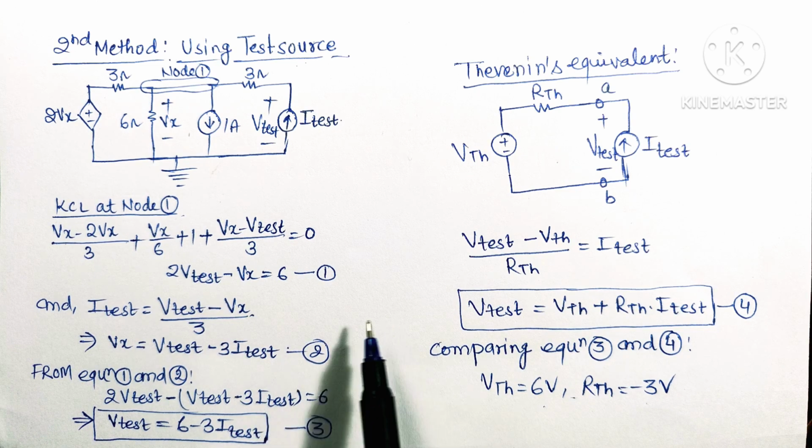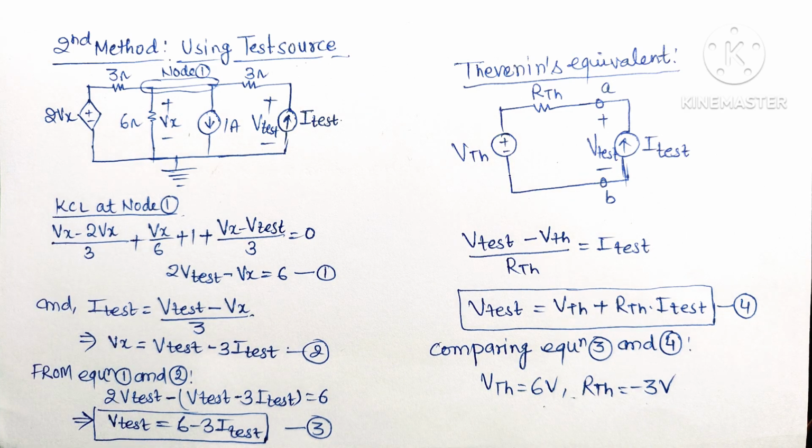So this is the second way of finding the Thevenin's voltage and Thevenin's resistance of the circuit. In this question we have seen that if there is a dependent source connected, how we can find out Thevenin's voltage and Thevenin's resistance of the circuit. If a dependent voltage source is connected, then as we have seen in Thevenin's theorem, we can apply two methods, and these two methods are explained here very well. I hope you will understand these methods.